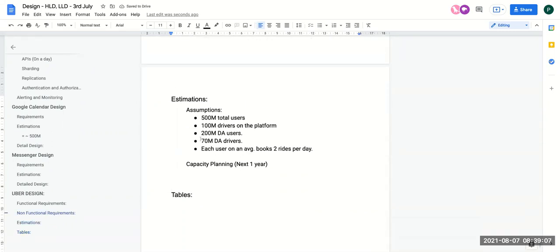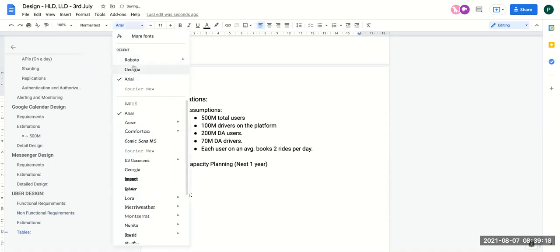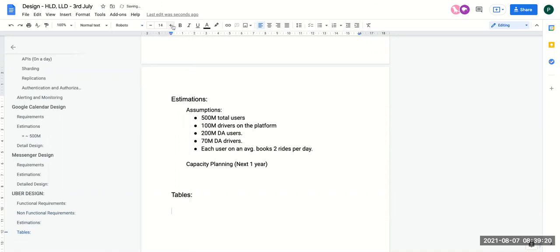Let's talk about only the main tables, and we'll do the capacity planning only for those. Otherwise, we'll ignore the other tables. The important ones are the user table, ride table, and driver table.